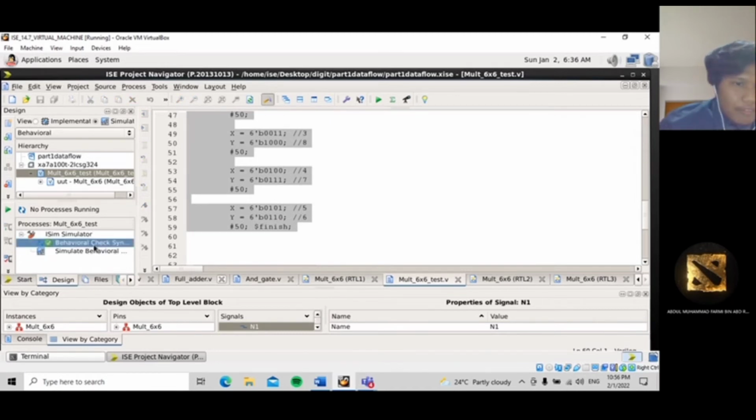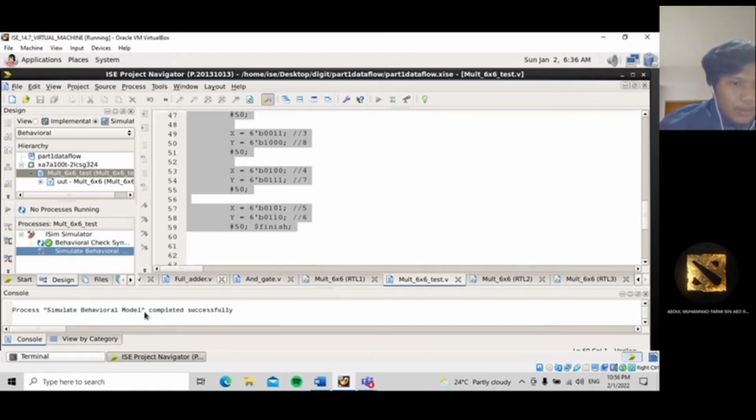After done with this coding, we must check it with behavioral check syntax. After we get a green tick, we simulate the behavior. In this console, after it succeeds, it will open the waveform simulation for this coding. Okay, wait for it.